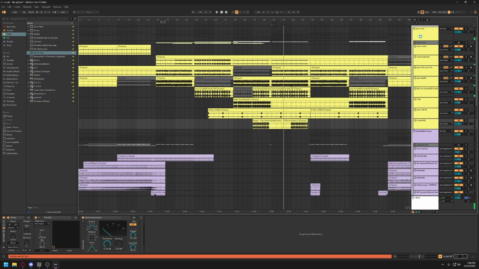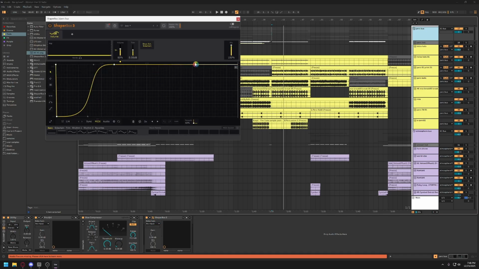So that's the percussion bus, and then yeah, oh, I have the shaper box 100% side chaining going on in